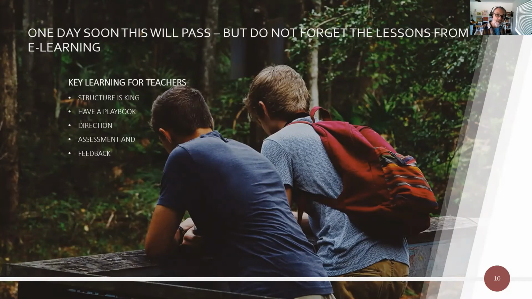For example, if students are really finding difficulty with an issue, what's your playbook for that? What if the students are moving ahead more rapidly? Some students, even after the first week, have really moved ahead on non-time related assessments like reading notes and journals and so forth, reviews of movies, reviews of books. Give clear direction to the students. Make them really well aware what it is that you're looking for. And with assessment, design that to help build on students' capabilities. And the feedback, as I say, is absolutely critical.